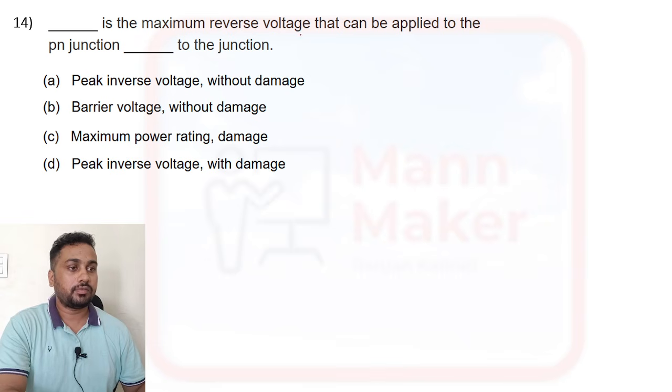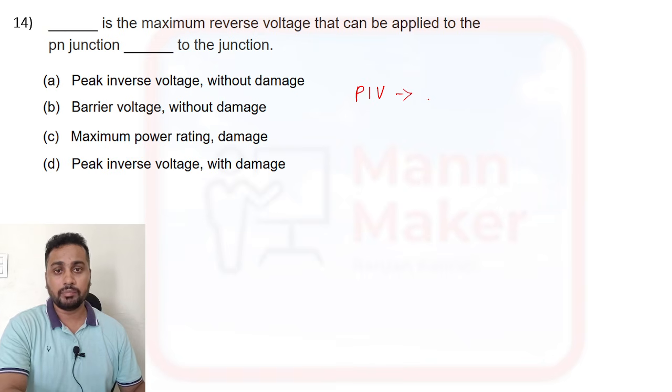Dash is the maximum reverse voltage that can be applied to the PN junction. Okay, maximum reverse voltage. So whenever maximum reverse voltage is there, what is it? Like PIV, we have PIV, that we call peak inverse voltage. So PIV means it has peak inverse voltage, means it has maximum reverse voltage,